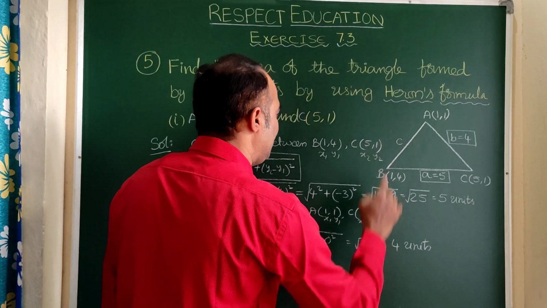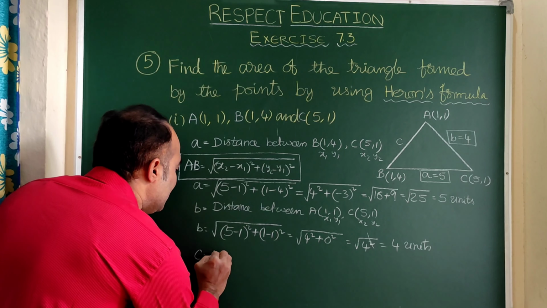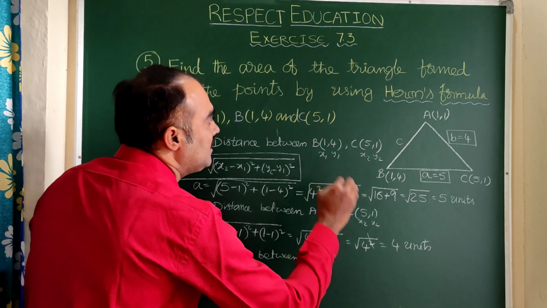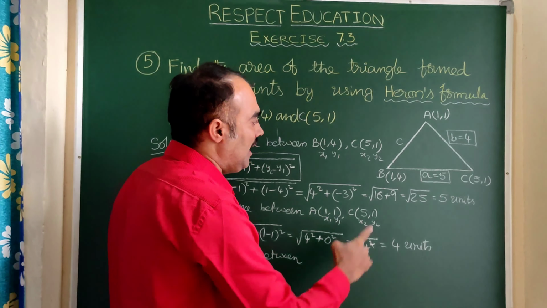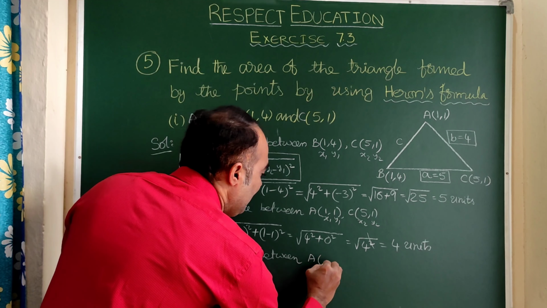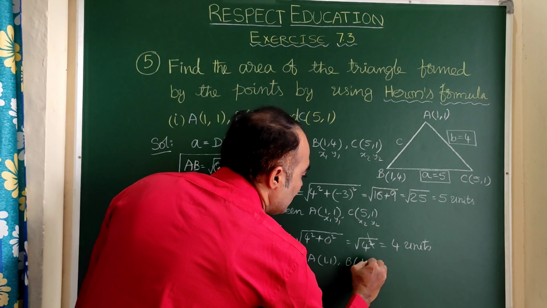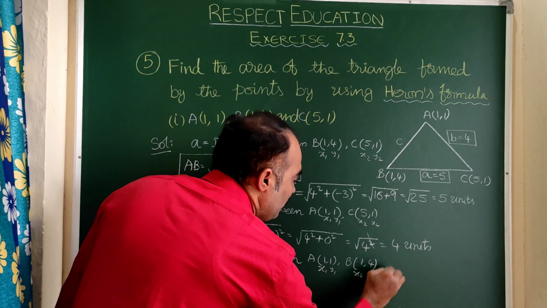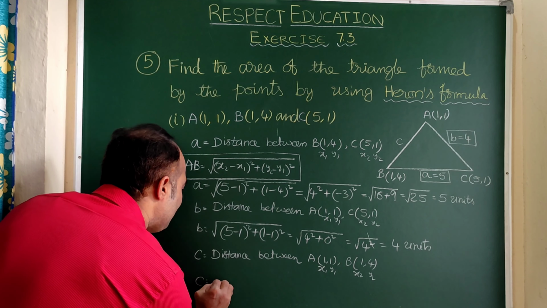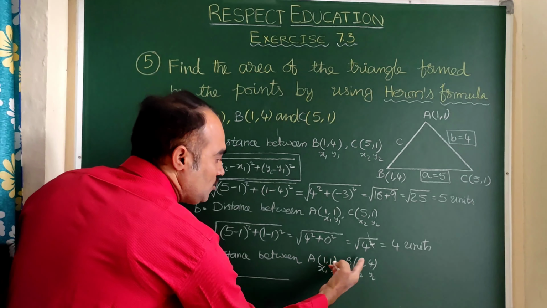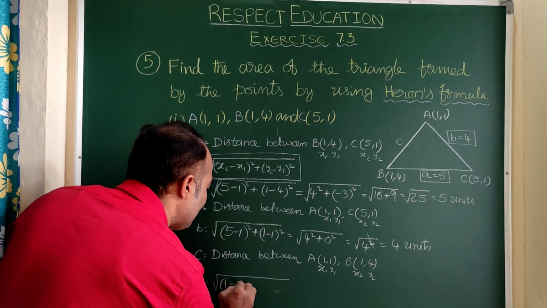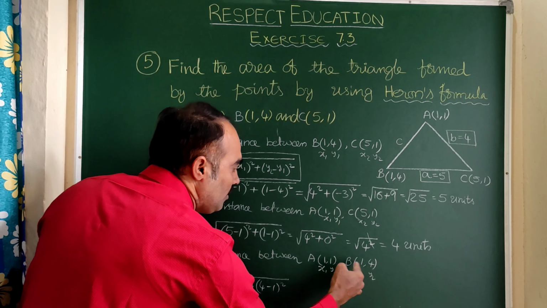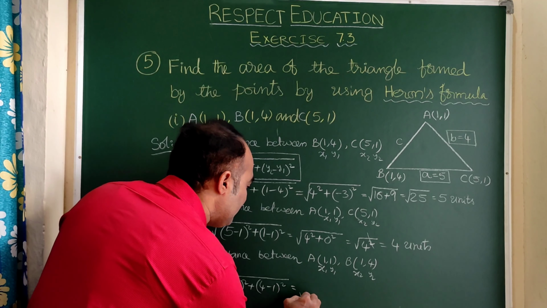Now we have to find only C. As you know, C is the distance between A (1, 1) and B (1, 4). In this case, let us label it as x1, y1, this as x2, y2. Now again same, the formula for C is under root (x2 minus x1) means 1 minus 1 whole square plus (4 minus 1) whole square, y2 minus y1, here y2 is 4, y1 is 1, is equal to under root